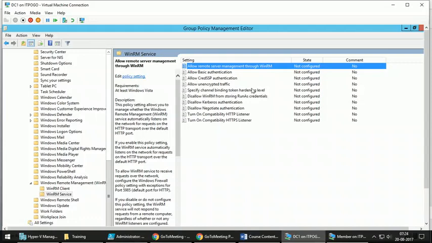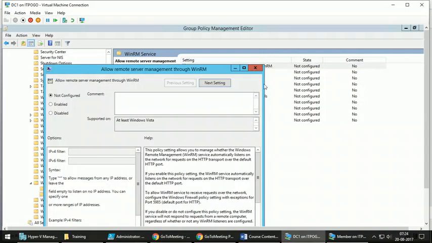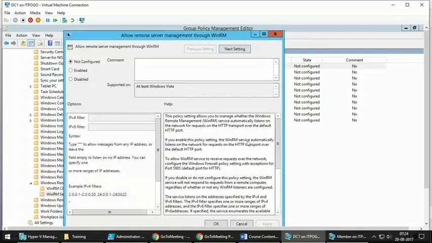Using that, you can make sure that the service is always running. This is the main one. If you take care of this, it will take care of enabling PS remoting on all the target machines where this policy will be applied.